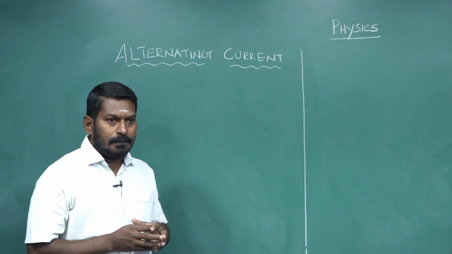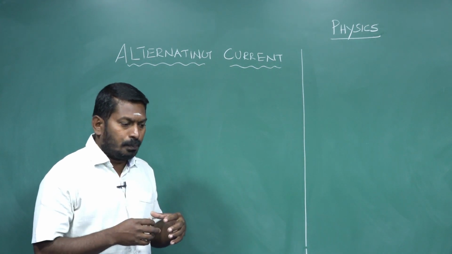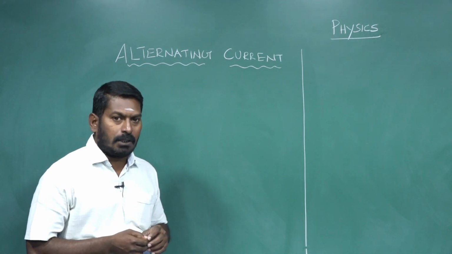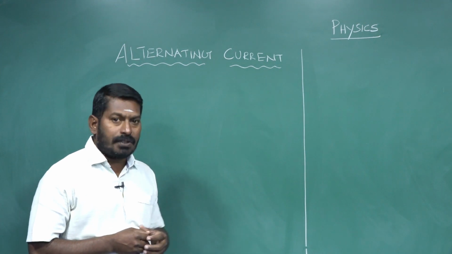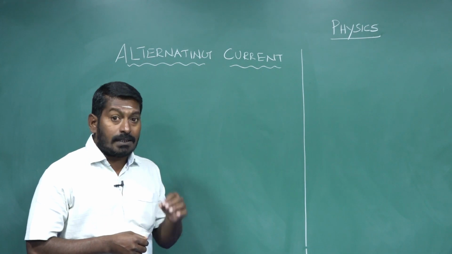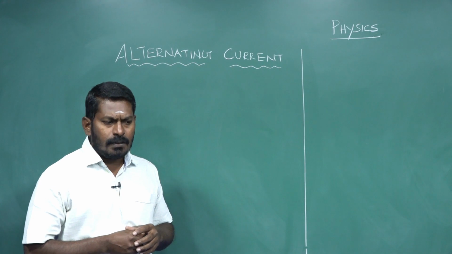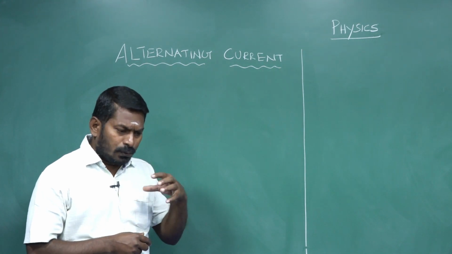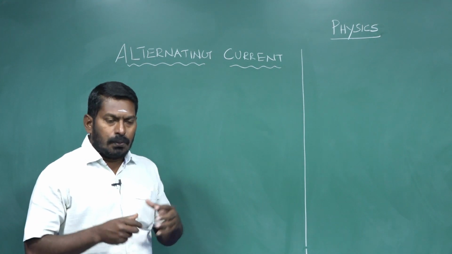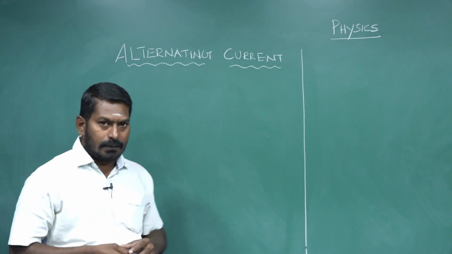In the third method, it is very easy or convenient to produce induced EMF by changing the orientation of the coil with respect to the magnetic field. Keep it in your mind that induced EMF is alternating EMF. It is also called alternating voltage. The resulting current flows through the closed circuit. That current is called alternating current. So now in this video session we will discuss alternating current.